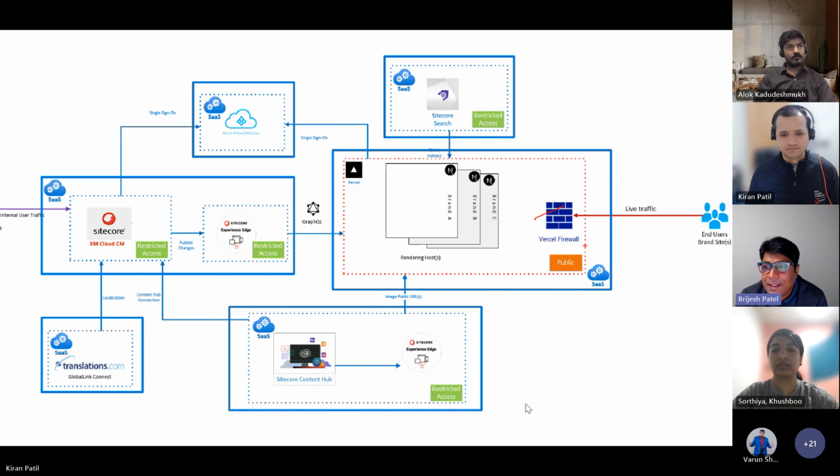Then comes an interesting point on the bottom, which is integrating Content Hub into this implementation. Content Hub was very well settled, and the client already had their assets implemented in it. We were looking at how to connect XM Cloud to Content Hub. And in older days, XP used to have a connector installed on that XP instance, right? That will bring your DLLs, that will bring your Sitecore items.